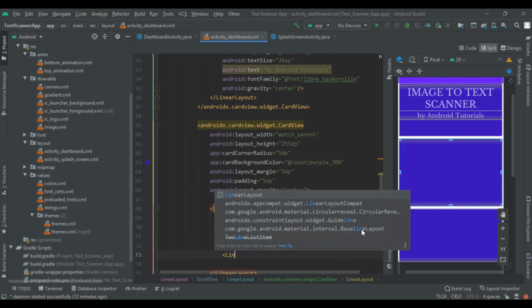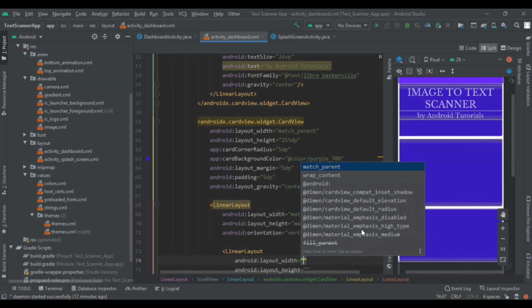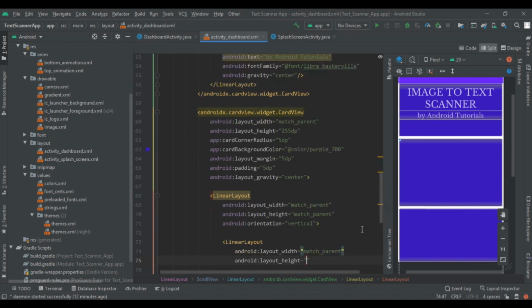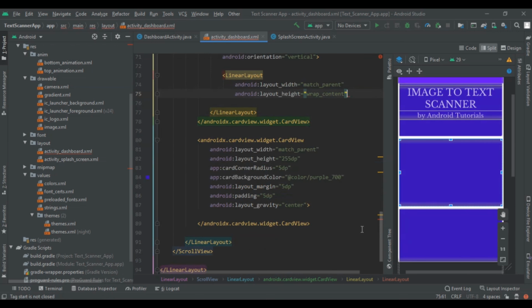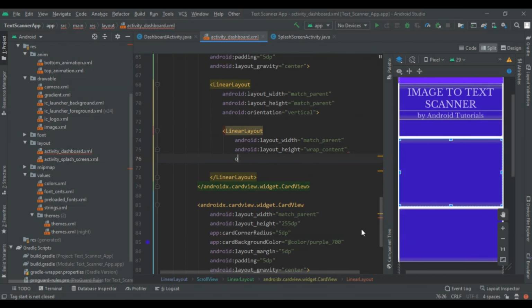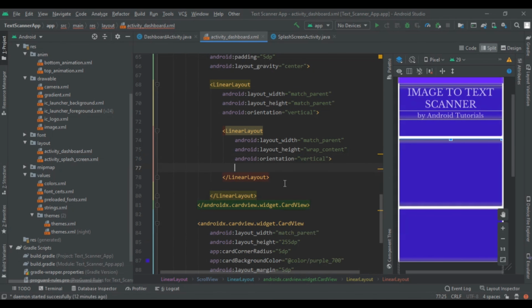So linear layout, width will be match parent, height will be wrap content, and orientation vertical, and then close this layout.